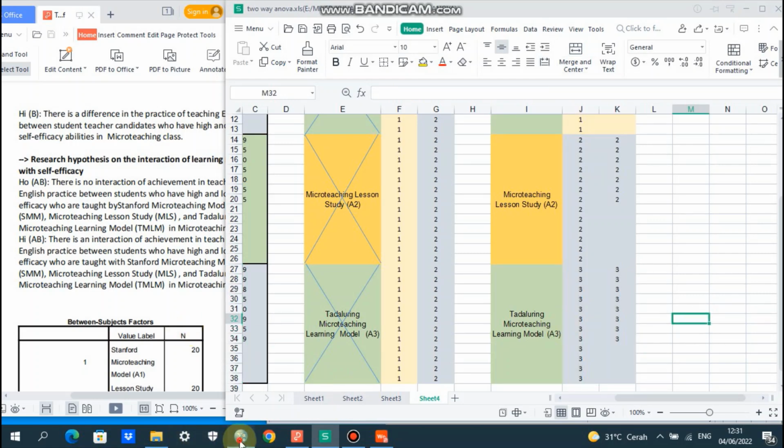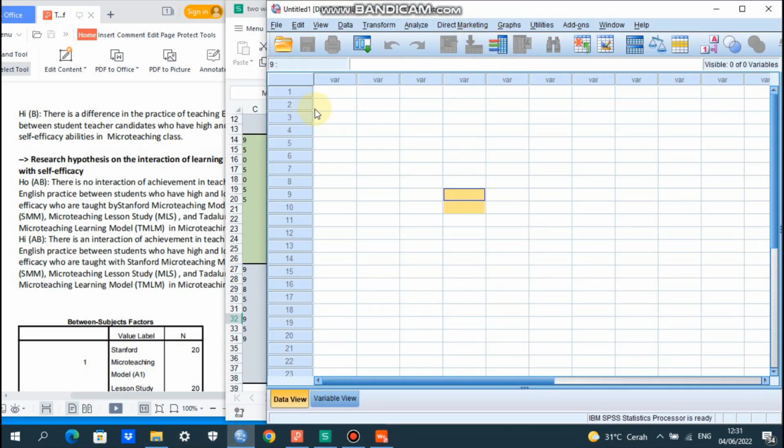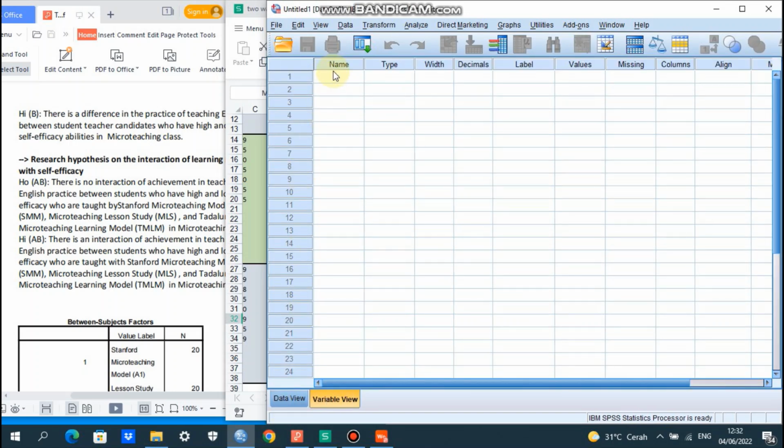Okay. Now we start with SPSS, data view and variable view. We start here with learning model.